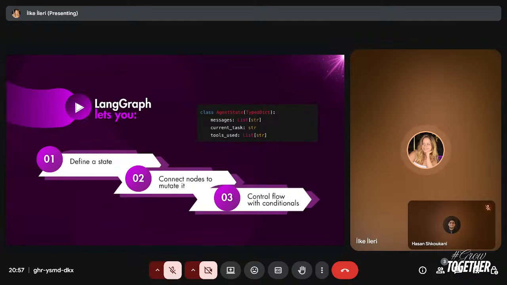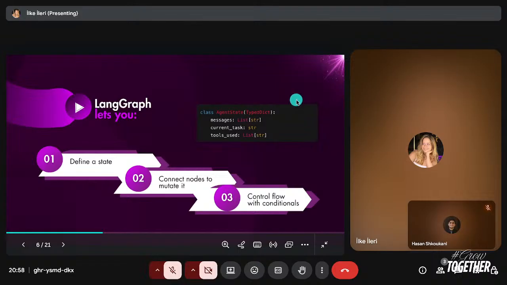The nodes in your graph are not isolated, they are designed to interact with and modify this shared state. Each action taken by a node updates the state, providing a continuous flow of information and context. On the third bullet, LangGraph lets you control flow with conditionals. This is where the intelligent part really comes in. As discussed, LangGraph enables dynamic routing based on the state. You can define functions that analyze the current state and decide which node to execute next, making your workflows highly adaptable. As we can see here,